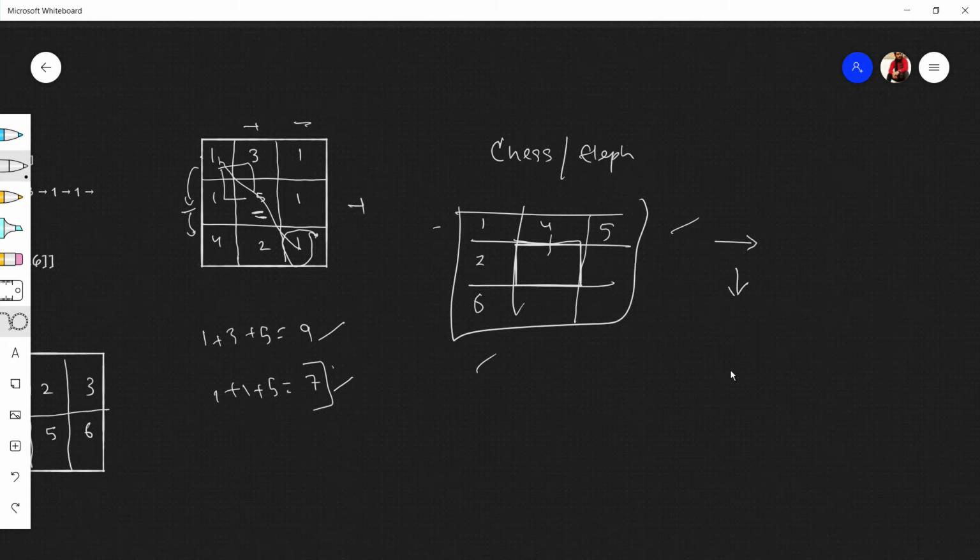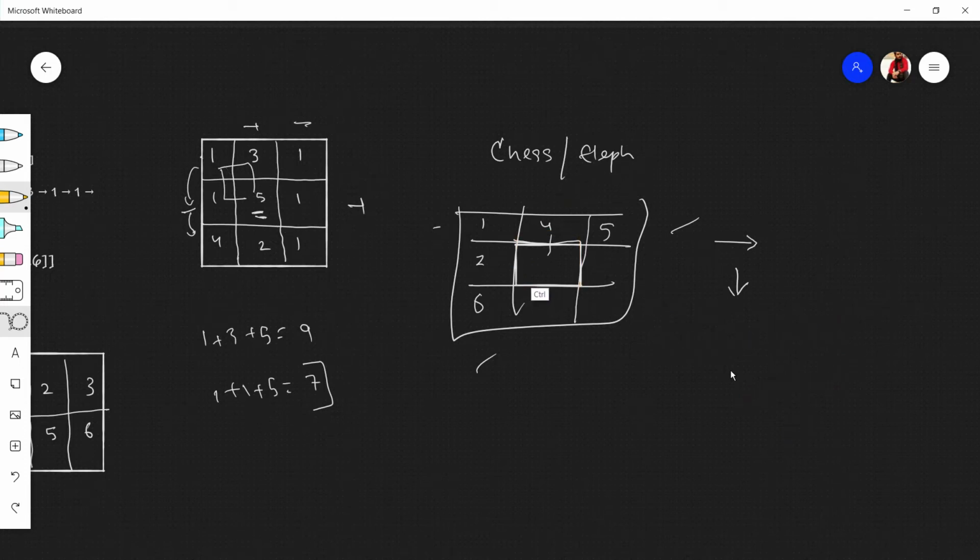So what we have learned here is that for reaching any grid, we need to check the above and left one. Sorry, we need to check the minimum from the above and from the left. Like we need to find the minimum of 2 and 4. So the minimum of 2 and 4 is 2. So we'll take the 2 path, which is 1, 2, this path.